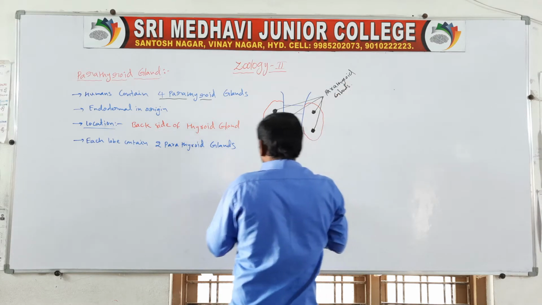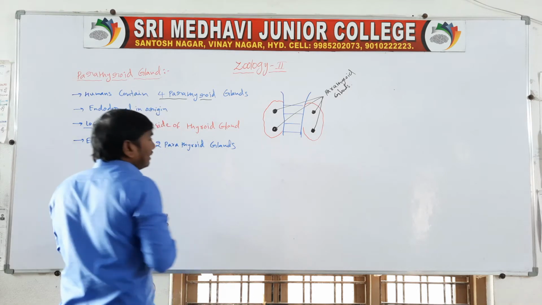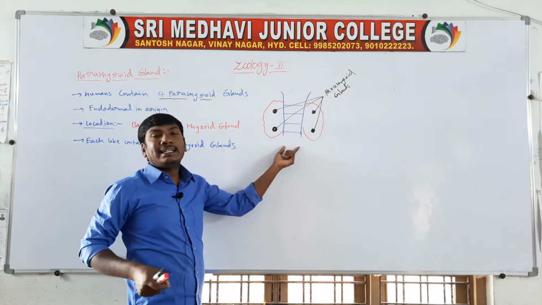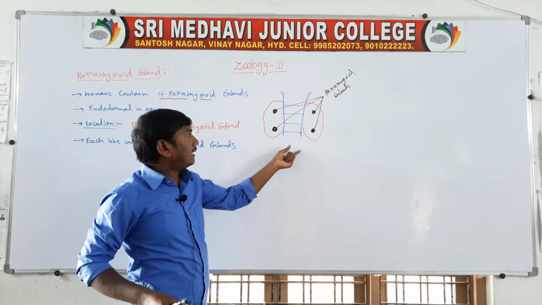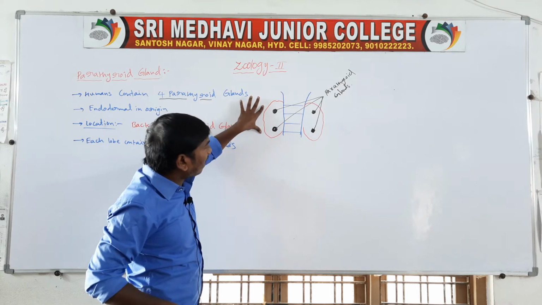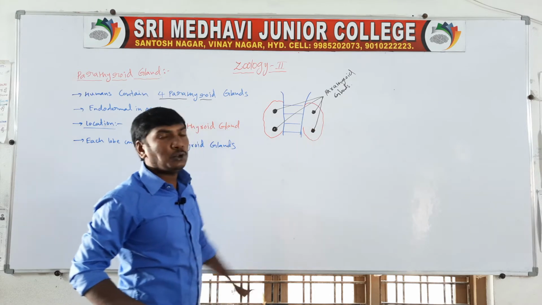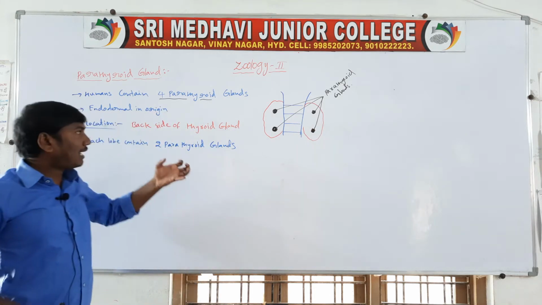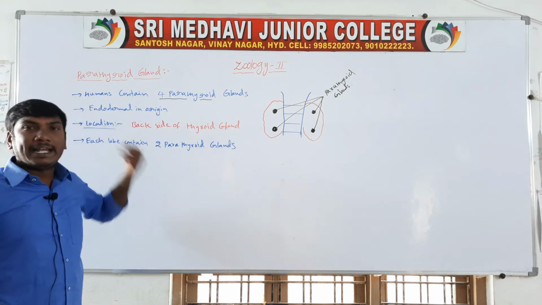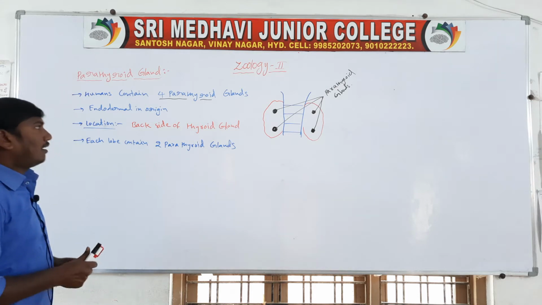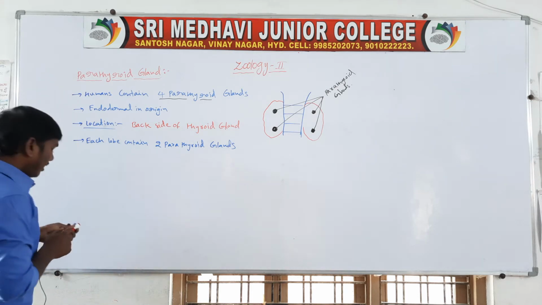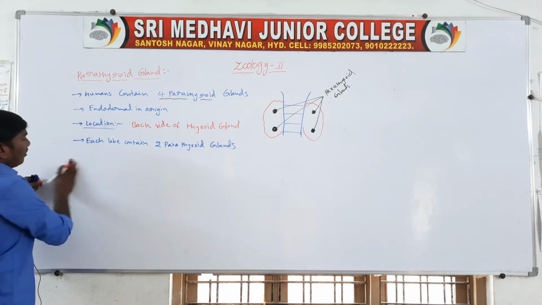The parathyroid glands are present on the back side of the thyroid gland. Each lobe contains two parathyroid glands. They are endodermal in origin. Next, the parathyroid glands secrete the hormone